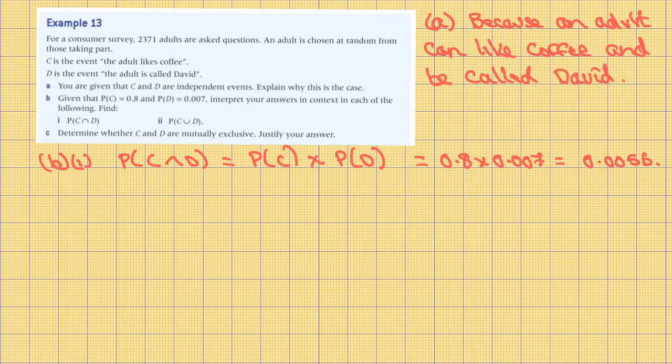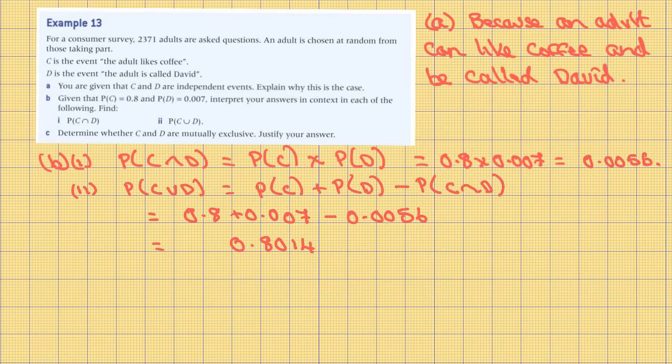B. Part 1. Because they are independent events, the probability of C intersection D is equal to the probability of C times the probability of D, which equals 0.8 times 0.007, which equals